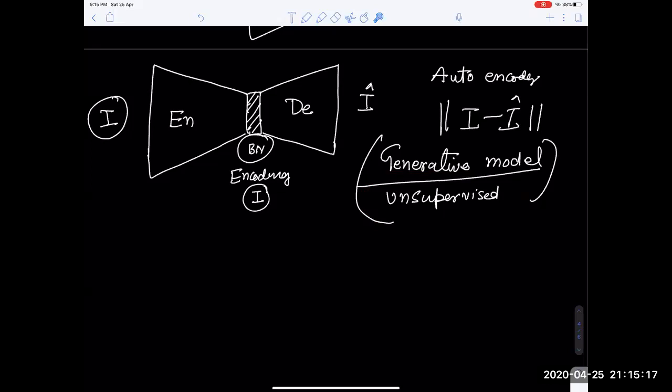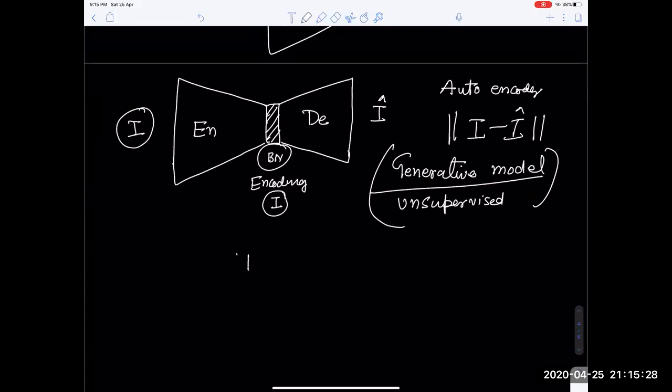No doubt about unsupervision. So let us talk about generative model. Generative model and discriminative, there are two different types, two models which are available. First one is